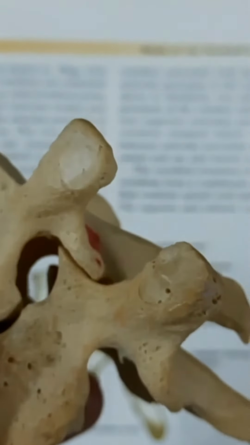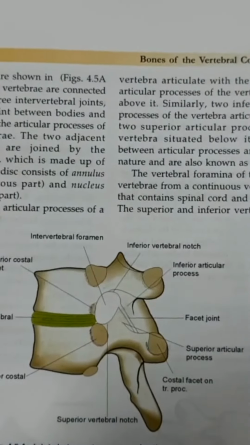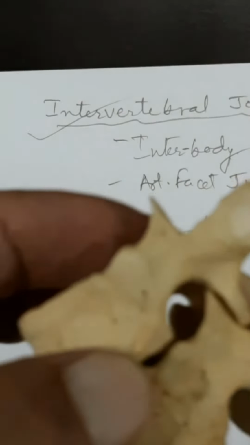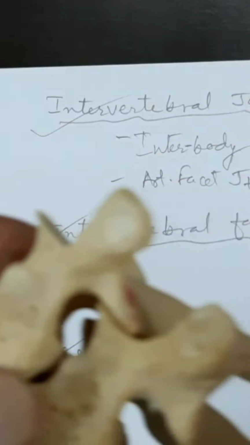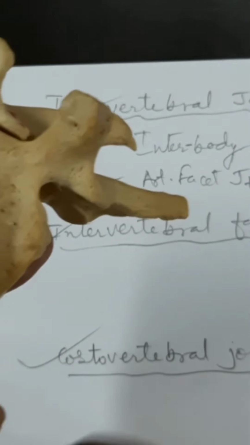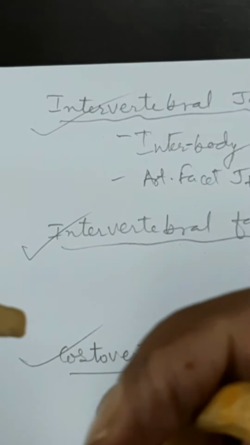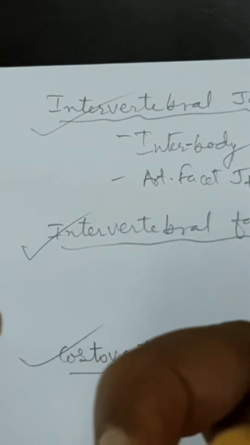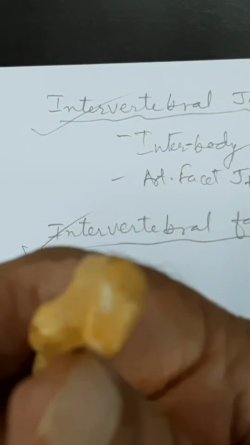Now this is the right occasion to show you another important fact in relation to this vertebrae, the costovertebral joint. So I come to the costovertebral joint, that means the joint between the rib and the vertebral body. And see here, I have brought a typical rib which will show you the two facets, an upper facet and a lower facet. The upper facet is a small demifacet and the lower facet is the large one.